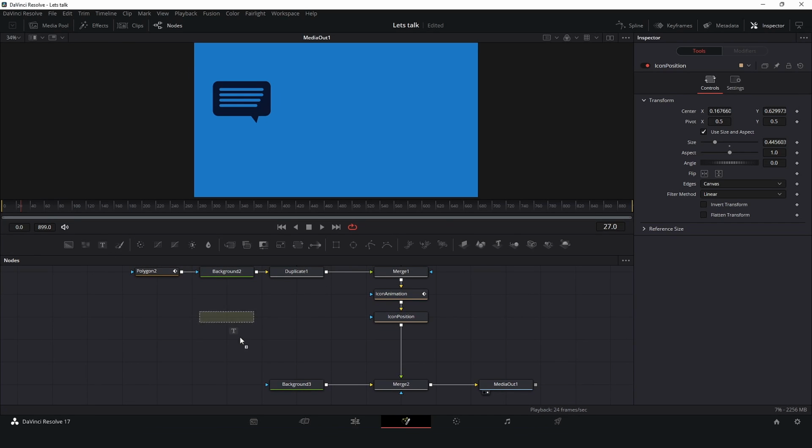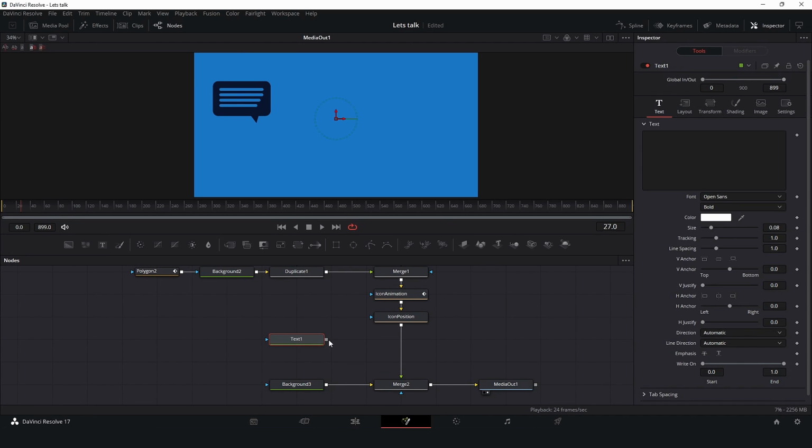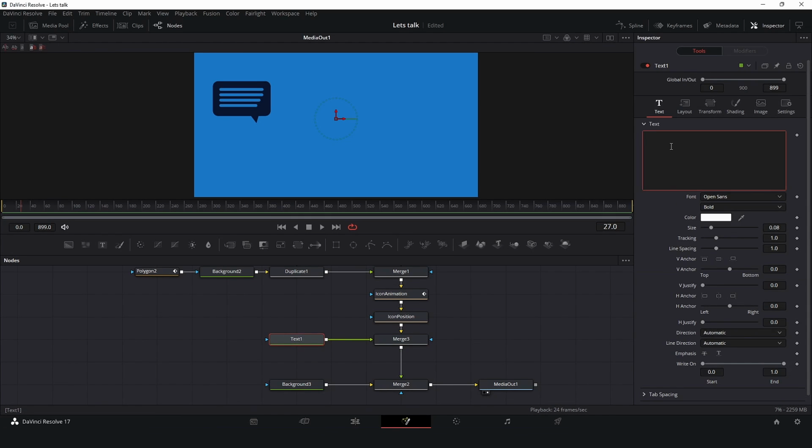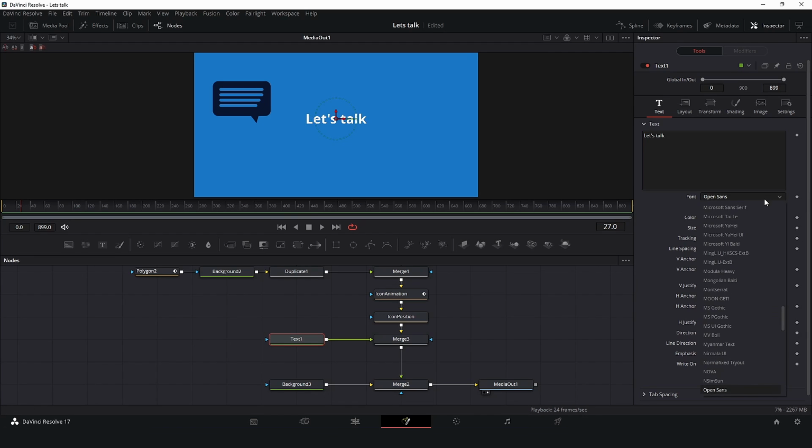I will add now a text node. Just connect here to the icon, create a merge node, and let's say, let's talk. And find some nice font.